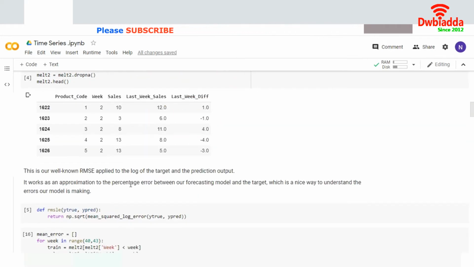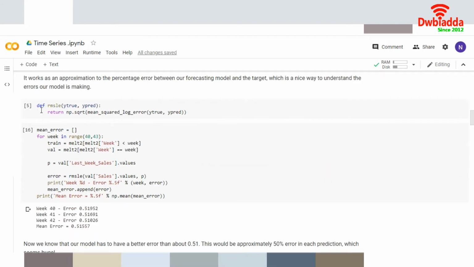So now we will apply some feature engineering on this to check its model, how we can train our model and get a more accurate result. Remember one thing: if you give more input, you are going to get more accuracy. First of all, we will define our root mean square method, and then we will prepare our range. I have considered only a small scale, so it runs successfully, and I can show you the output. I have considered only 3 week sales, and then I am checking this one.